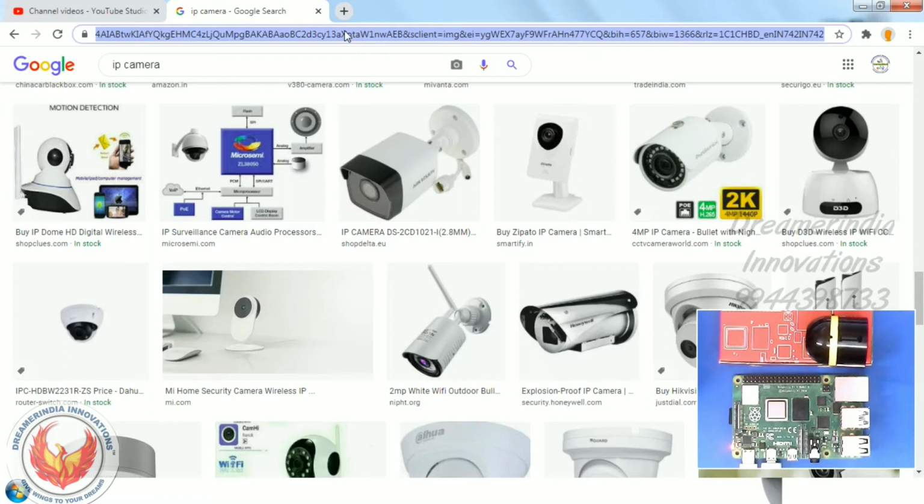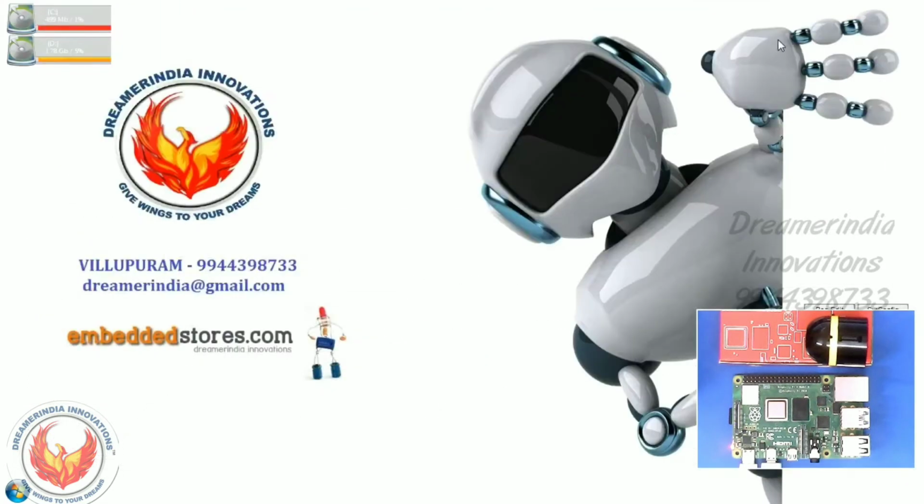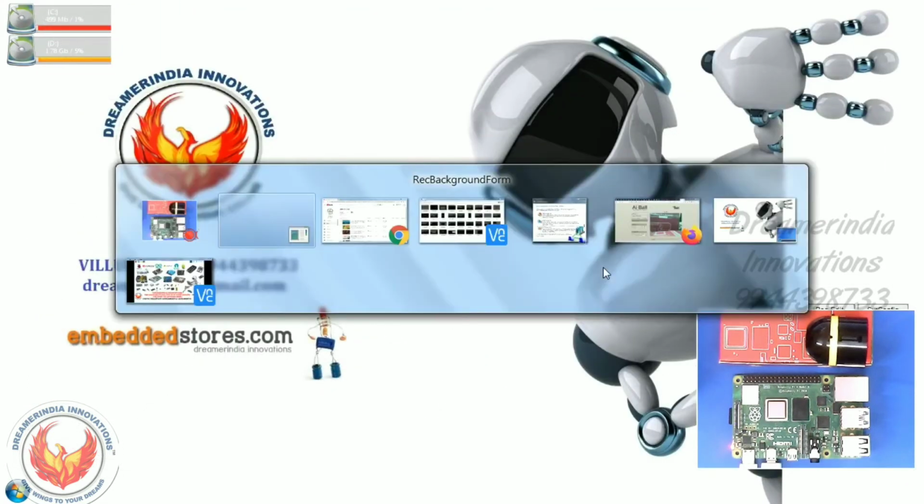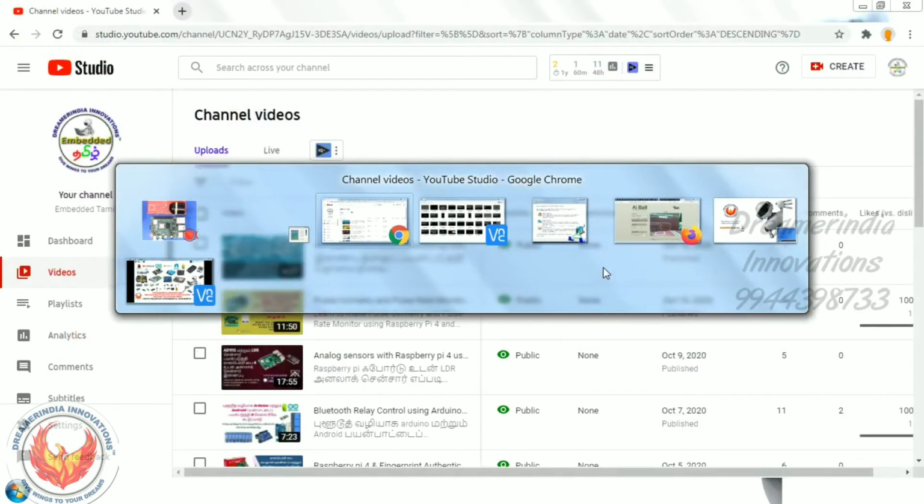A USB camera, when you connect it to the system, is detected as video 0, and you can directly read it from video 0 using the capture device. But today we are going to connect the IP camera by using the IP address of the camera.